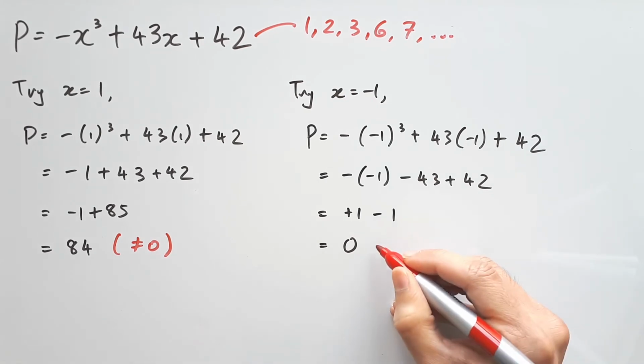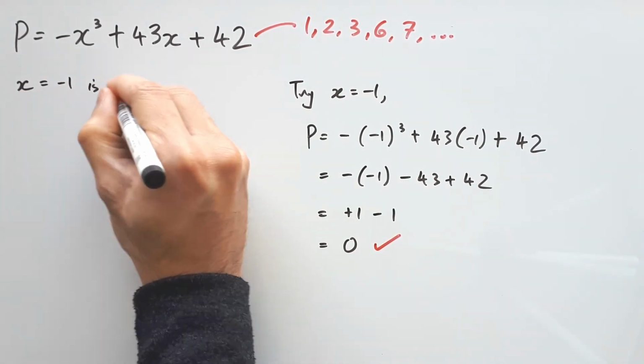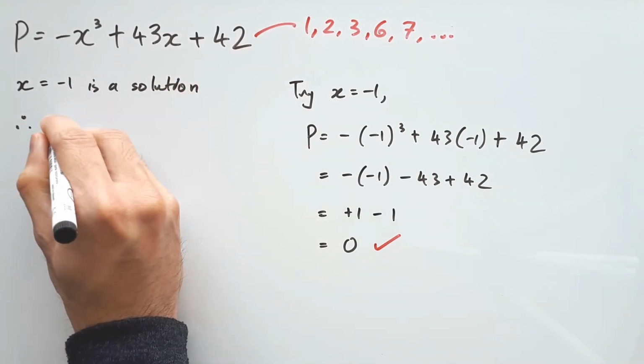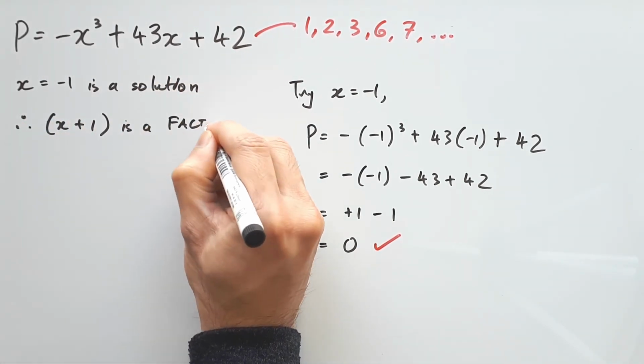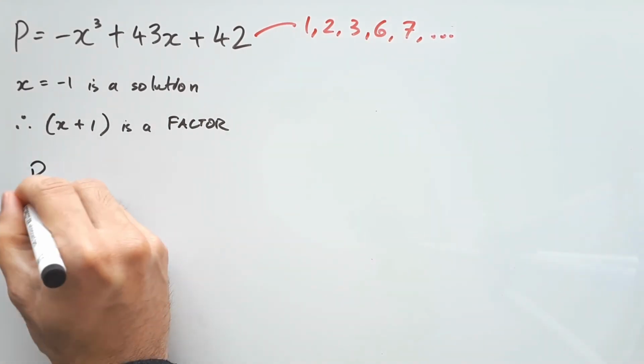That means we also have negative 1 as our solution in this question, just like in the last one, which basically leads to saying that x plus 1 is a factor. You always want to flip the sign when you're turning a solution into a factor. So at this point, you want to do the second step, which is